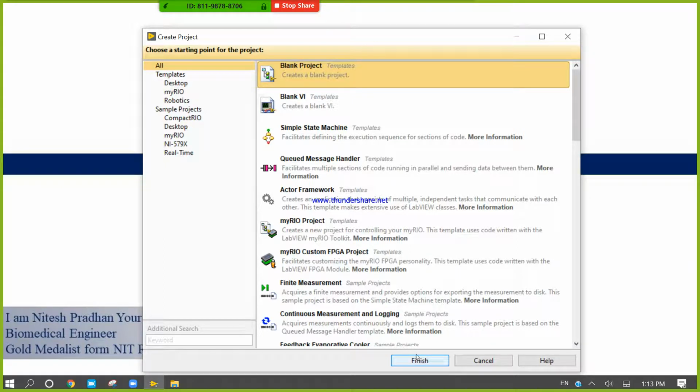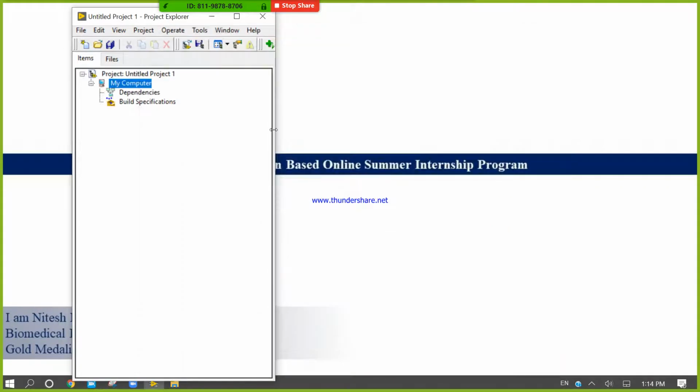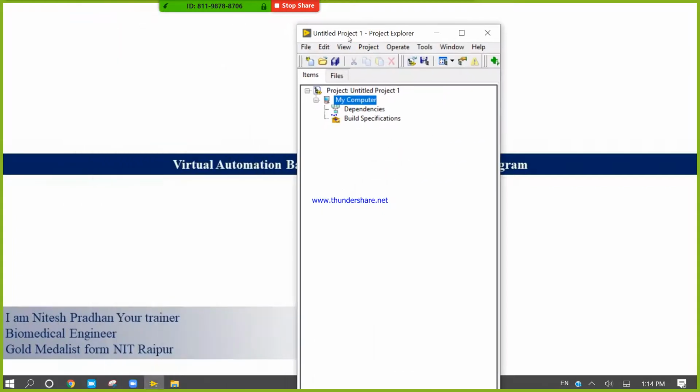If you click Finish, it will take a few seconds. After that you will get one new window. When the compilation is over, it will appear.